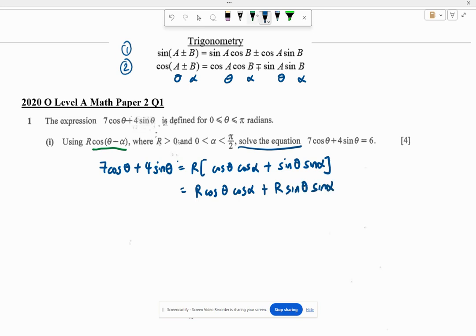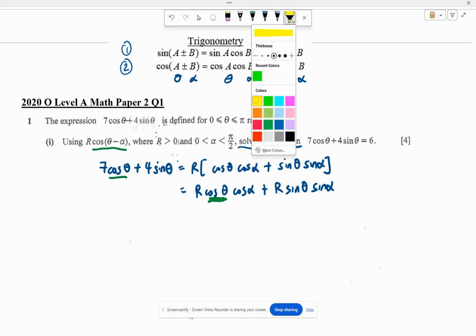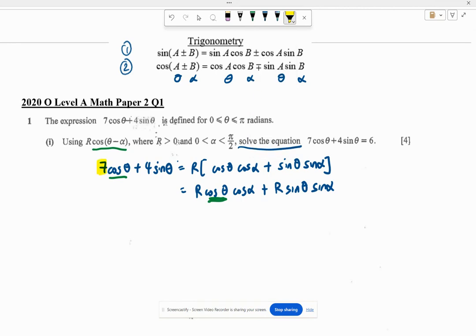Same thing. I would like to underline the cos theta over here and the cos theta over here, and then can you see that 7 is equals to r cos alpha? You write it this way,